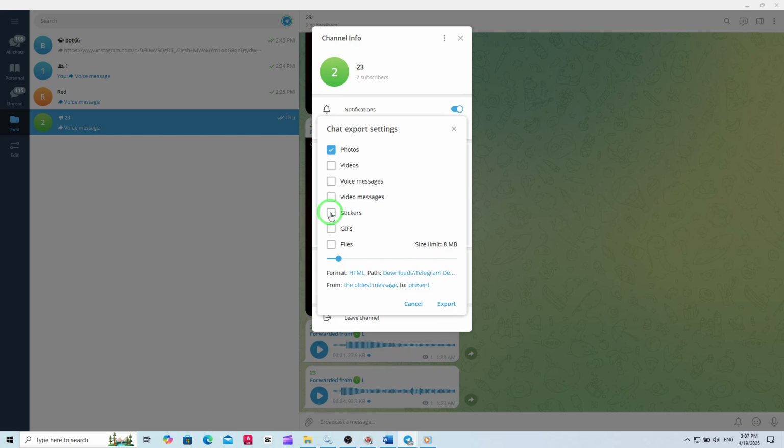Here, you'll see checkboxes for different types of content. Make sure to check the box labeled Stickers. You can also customize other settings like the date range or the location where you want the files to be saved on your PC. Once you've selected stickers and adjusted any other preferences, click the Export button at the bottom